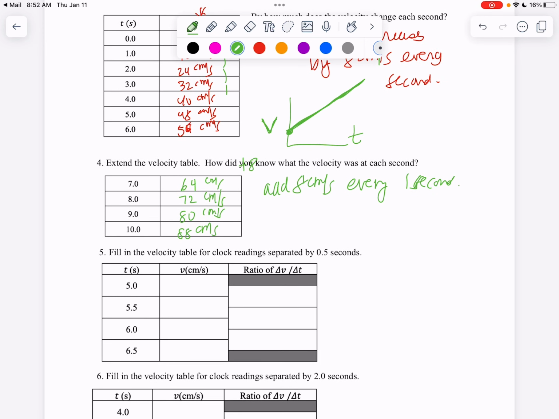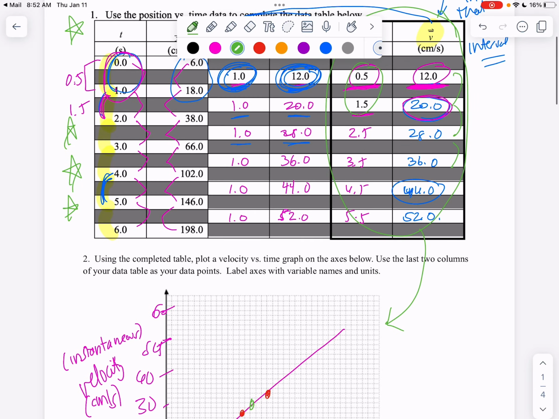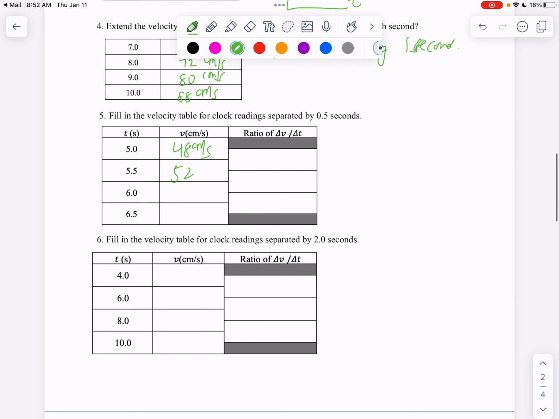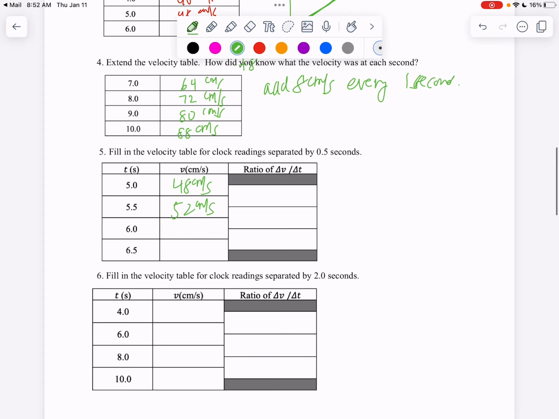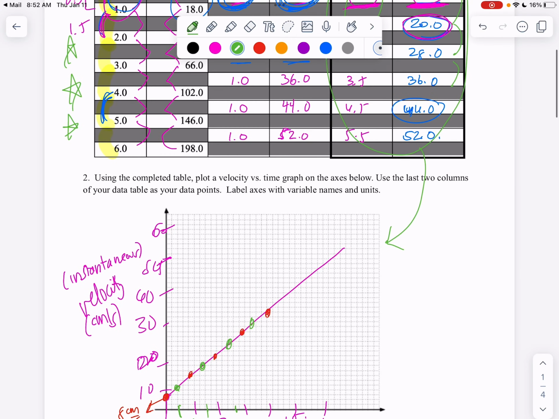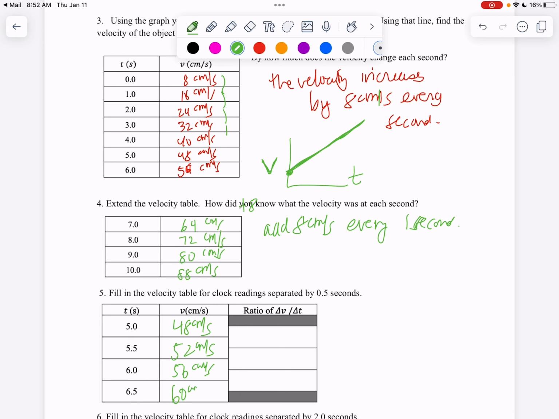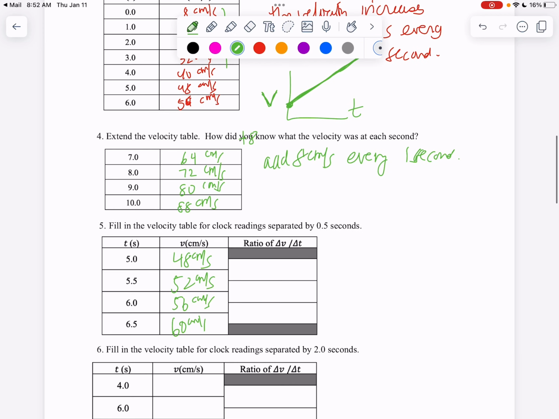So if I go here, now I can kind of combine some of this information. So at 5 seconds, my velocity was 48. And then if I look up here at 5.5, it was 52. Okay, and then at 6, it was 56. And then at 6.5, I think it was 60. Oh, we didn't have a 6.5. We're going to have to figure that out ourselves. 60. Okay, so now this ratio, right, is going to be 52 to 48